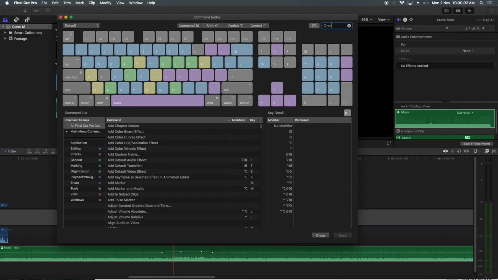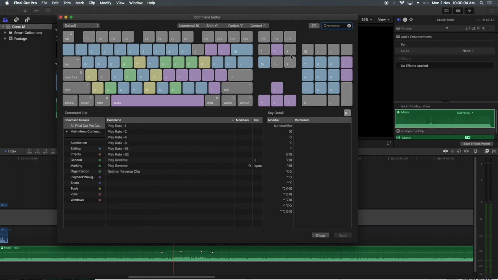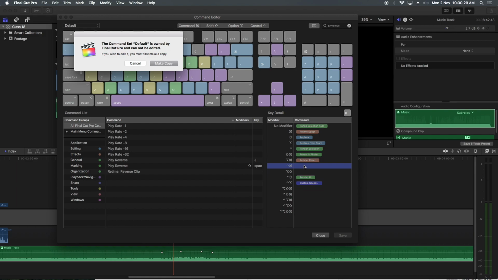Let's type reverse. It's showing me all the commands related to reverse, and what I have to do is retime reverse. If I click on R, it's showing me these are all the commands connected with R. So what is left? Control and Command.